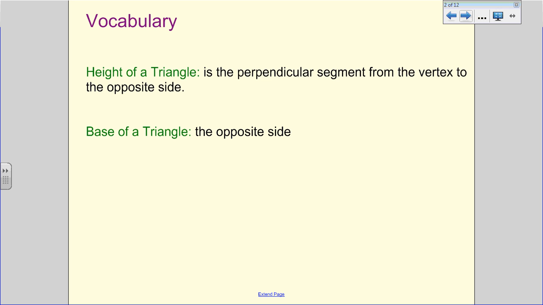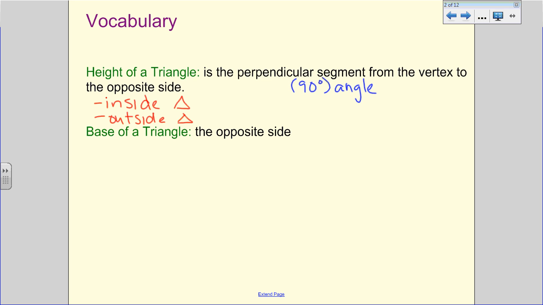We have the height of a triangle. It is the perpendicular segment from the vertex to the opposite side. So that means we need to look for a 90-degree angle. Okay? Sometimes it's going to be inside the triangle. Sometimes it will be outside